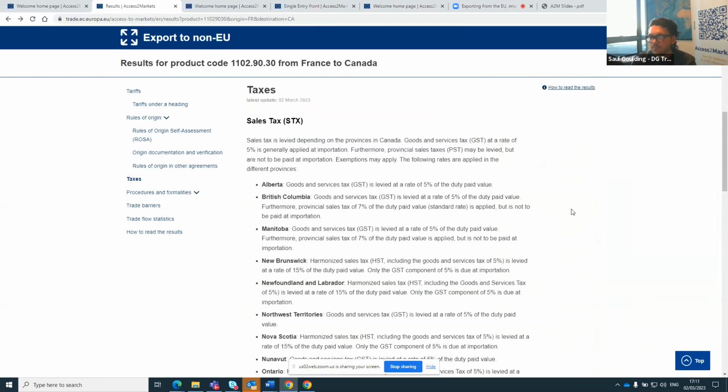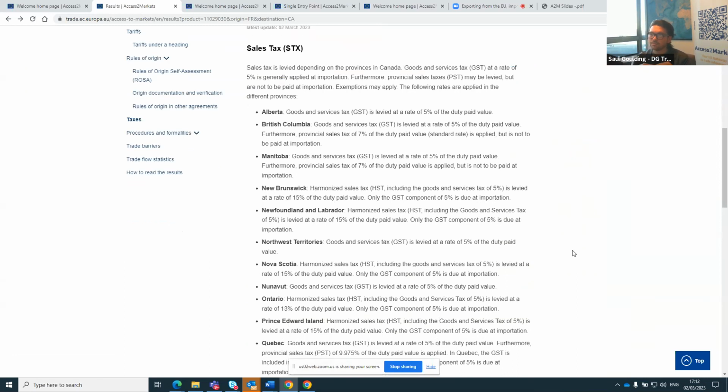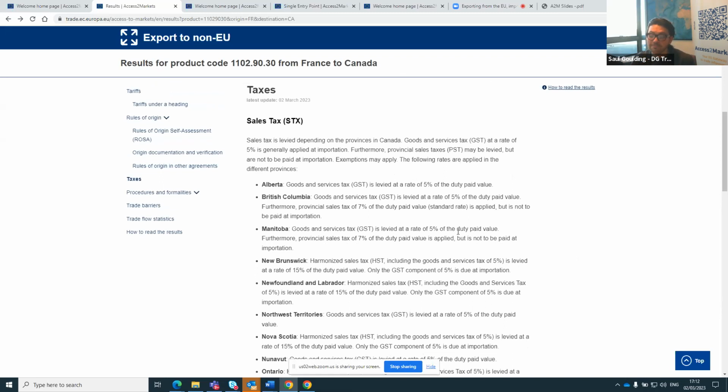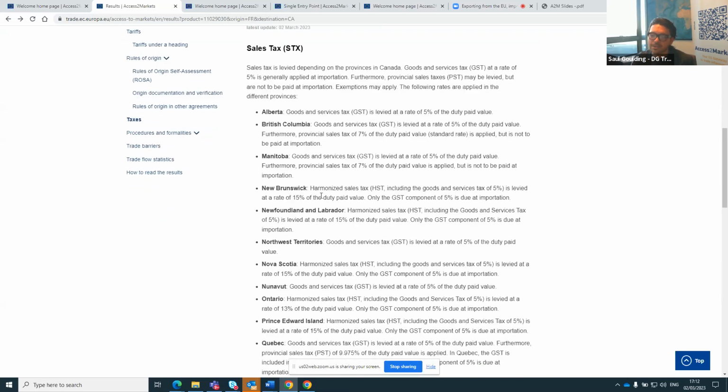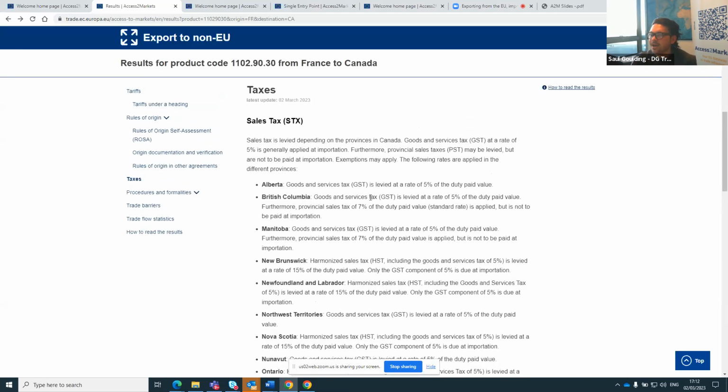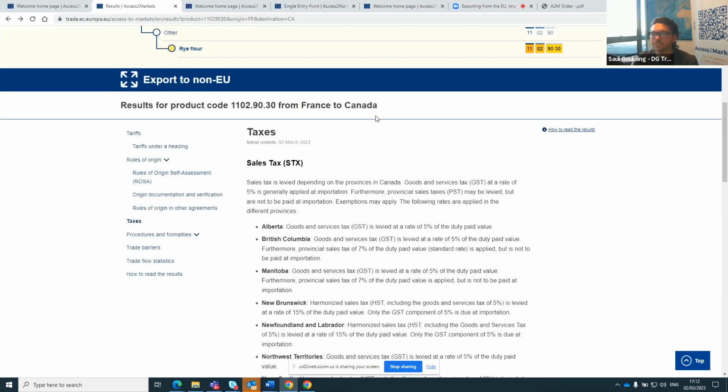As I mentioned earlier, we give an idea of what taxes will be applicable, for example. And in Canada, of course, there are provinces, which implement different levels of tax, GST. So that's a very interesting idea for a European business looking into Canada, to see how their product might be affected if in British Columbia, for example, as opposed to New Brunswick. And the same is on the reverse.